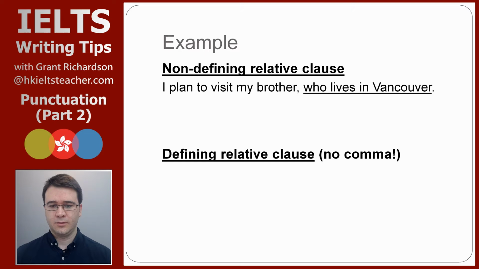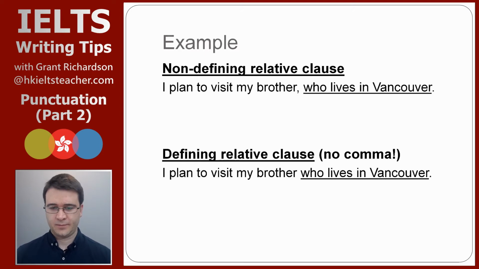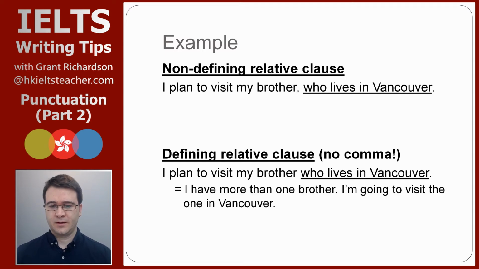Compare that to a defining relative clause, where there is no comma. I plan to visit my brother who lives in Vancouver. Both of these sentences are grammatically correct, but they have a different meaning. How do they differ? You need to understand what a defining relative clause is. That sentence means I have more than one brother because the relative clause, who lives in Vancouver, defines which brother